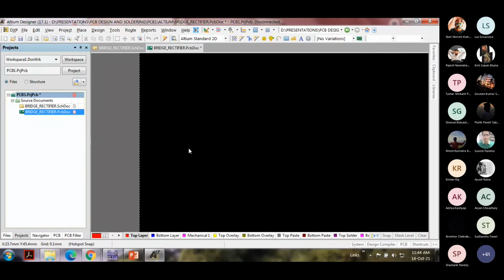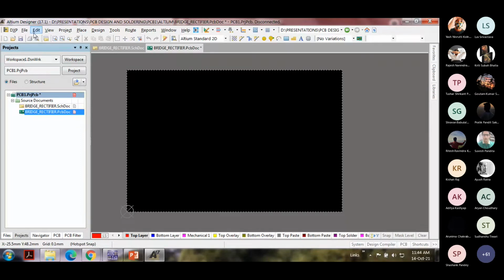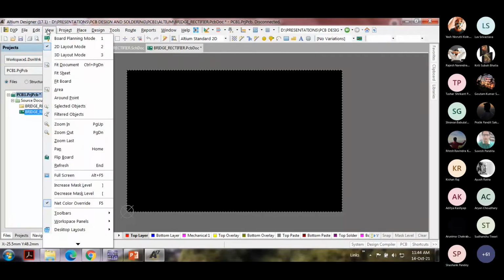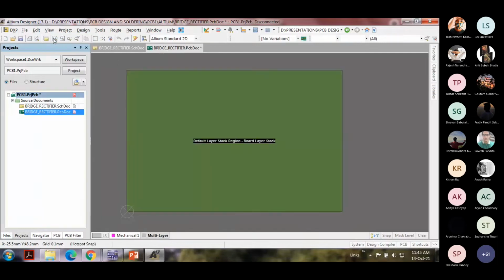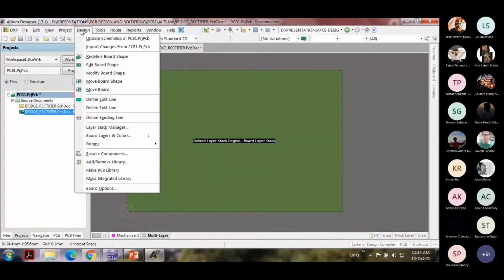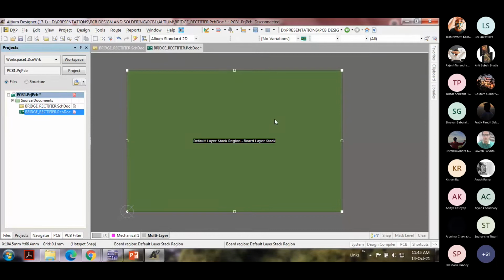All right. Now I'm going to change the size of the board, or we have to define the dimensions of the board. So for that, you have to click in View and go into what is called board planning mode. You see that the color of the board changes here. Now I can go into Design and Edit Board Shape. You'll see that there are different graphical handles which are now visible.